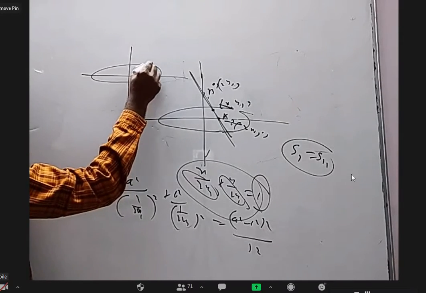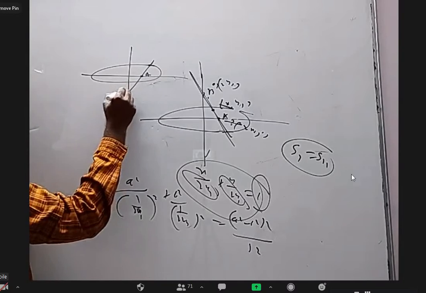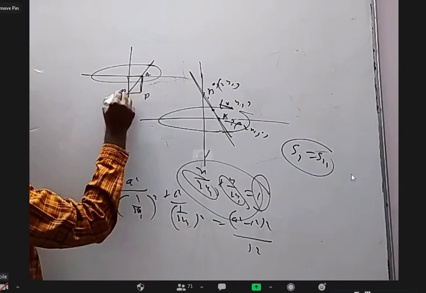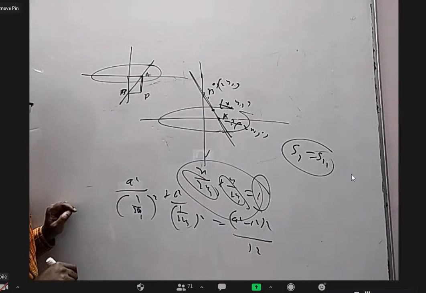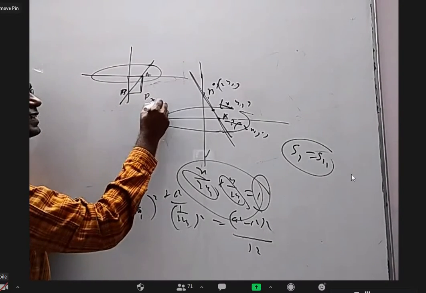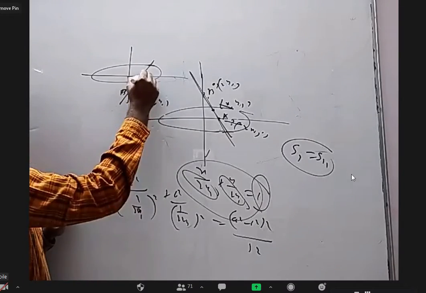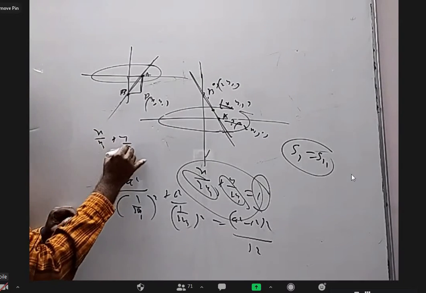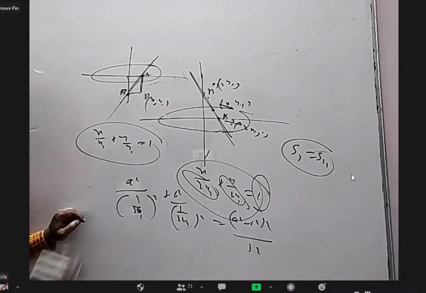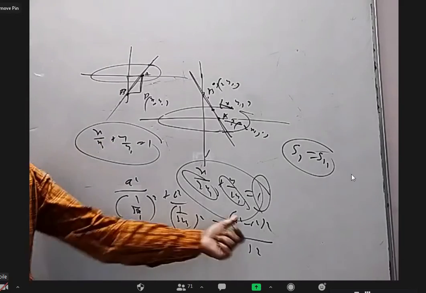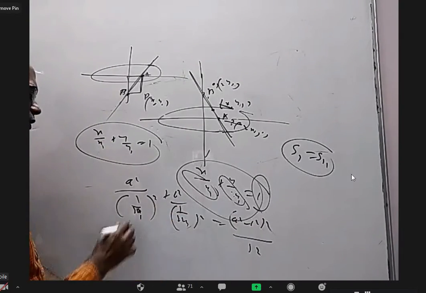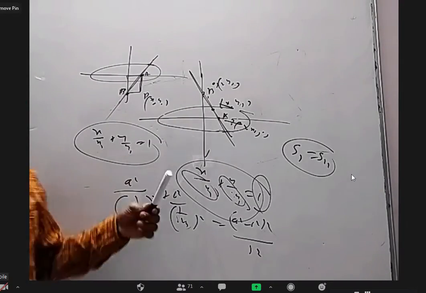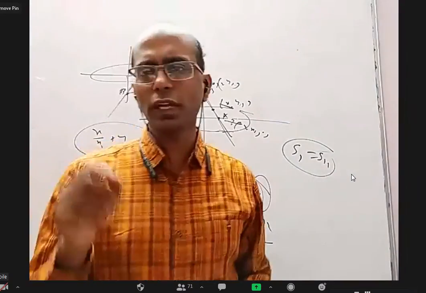You draw a normal at any point. It is meeting the x-axis at A and the y-axis at B. Complete this rectangle with the x and y axes. This is P. What is the locus of this point? They can ask that. Take this as x1, y1. That is this point x1, 0 and this point is 0, y1. What is this line equation? x by x1 plus y by y1 equal to 1. And what should it be? Normal. For a line to be normal, you have the condition. It is almost like this, but 2 is not there. That's the answer.